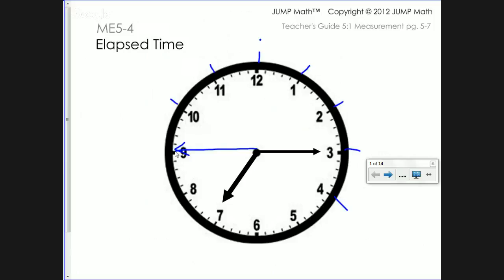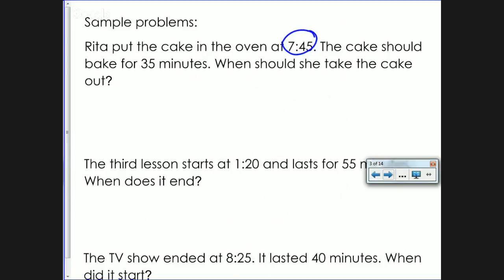So we have passed the 12 when we do that. So we know that it's not going to be 7 anymore. It's going to be 8. And the minute hand will be pointing at the 4, which means it will be 5, 10, 15, 20, 8:20. Another way to do that is to use a number line,